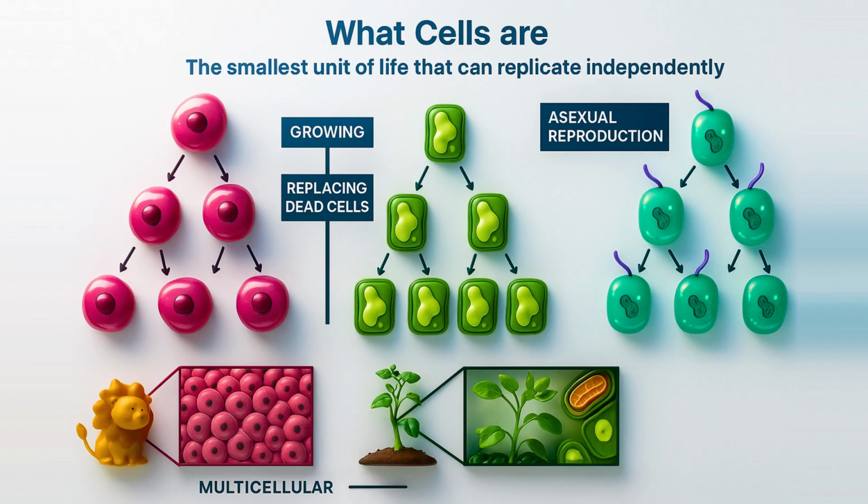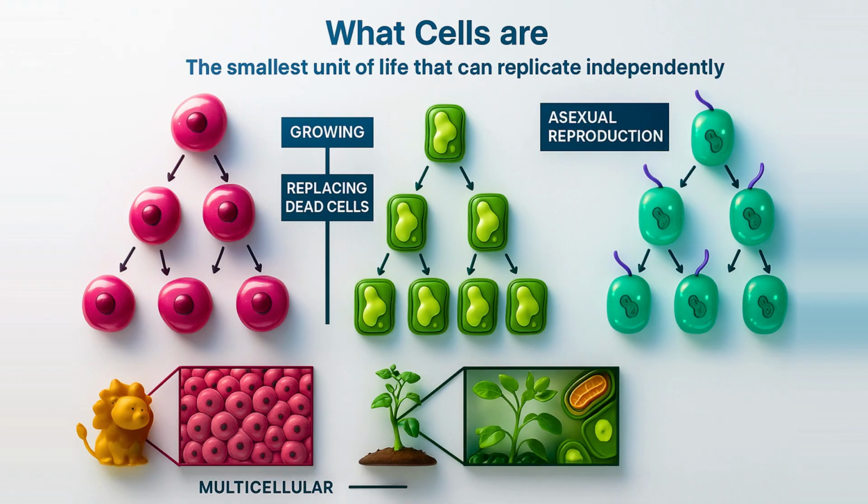This means they are the tiniest units of living matter that are capable of carrying out life processes on their own and reproducing independently. For example, if we look at an animal or a plant, the cells in their body can divide to form 2 cells, then 4 cells, and the process continues. In certain simpler organisms like bacteria, a single cell is enough to function as an entire living being. Therefore, when these cells divide, they are not just multiplying but also reproducing because each new cell is a new